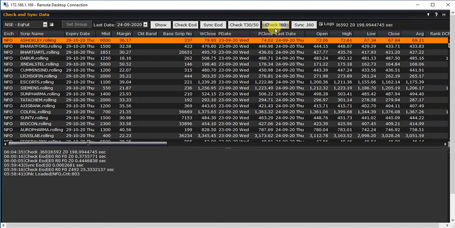Now you can see check I60 button is on now. That means it has checked for missing data.